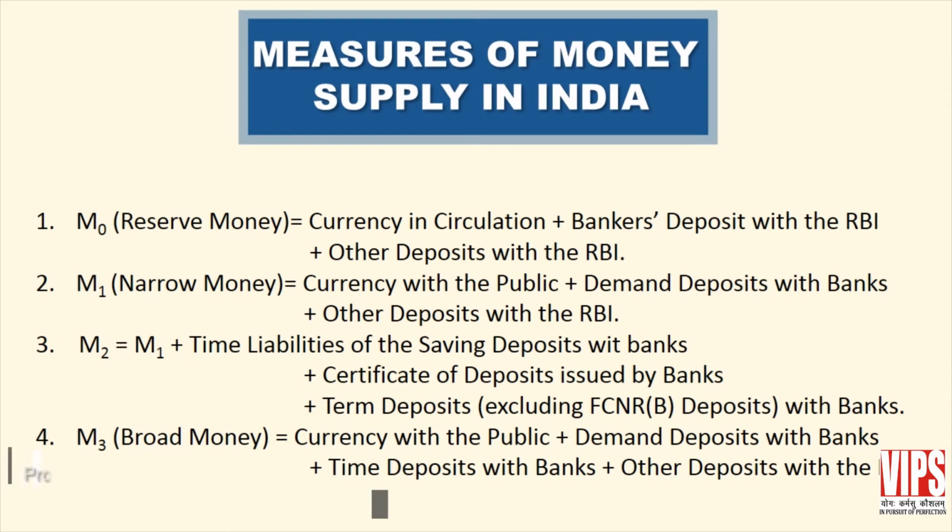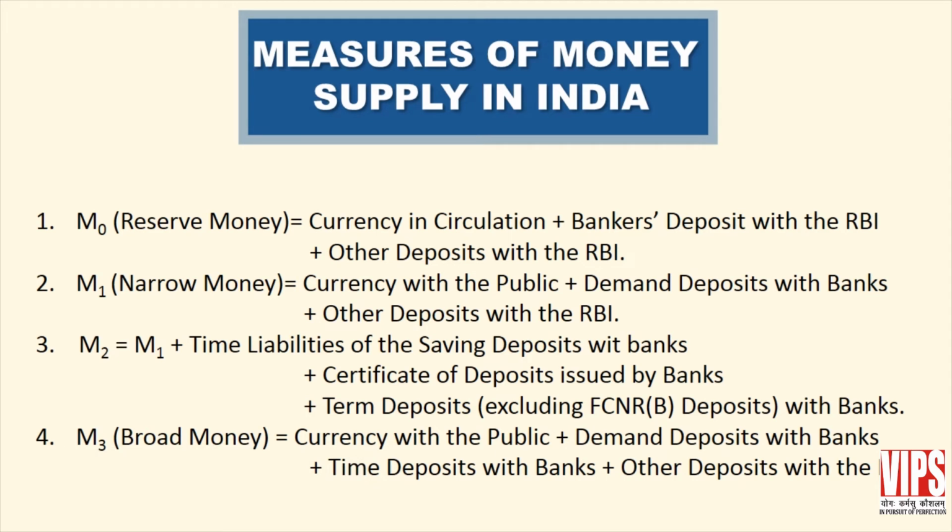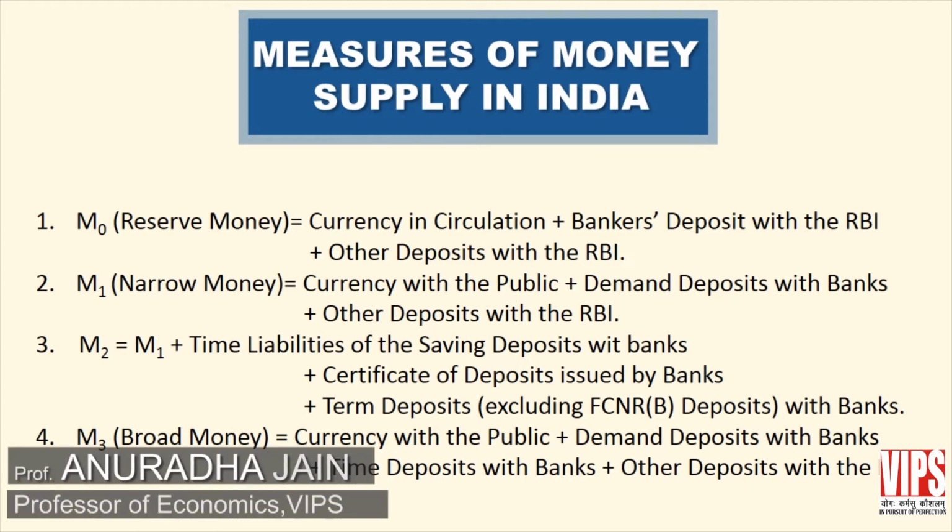There are different measures of money supply which have been used by RBI, and they have been changing from time to time depending upon the recommendations of the working groups. The first working group was appointed in 1961, the second in 1977 and the third in 1998. Different working groups have recommended different measures of money supply. At present we follow the recommendations made by the third working group, which are currently being used by the RBI. Following are the measures of money supply used by RBI.